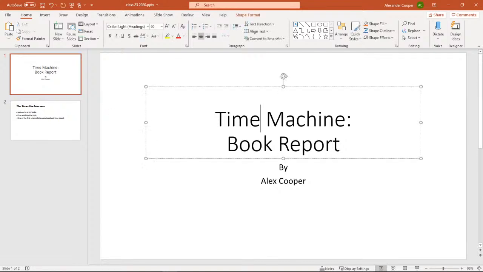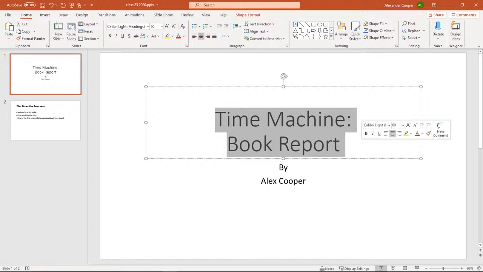Now, there's two ways to select your text to make changes to it. The first way is kind of classic if you're familiar with Word. Left-click, hold, select the text. If you want to select more than one row, move your mouse down at the same time and let go, okay? This doesn't always pop up, so I don't teach for this, okay? I always teach for something that'll always be up there as our menu.